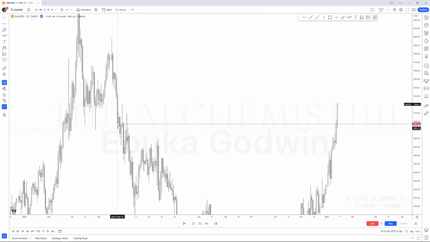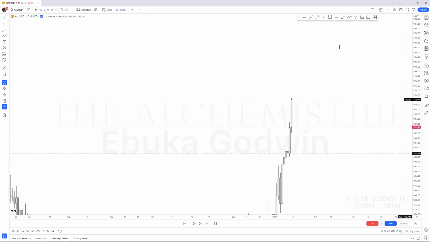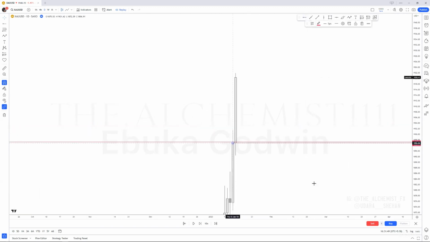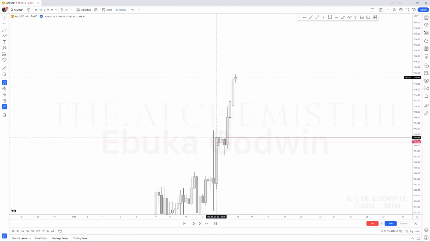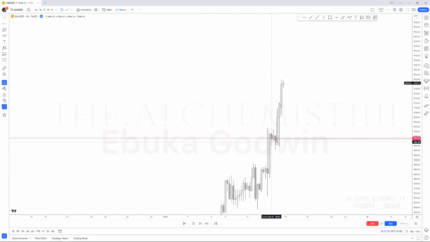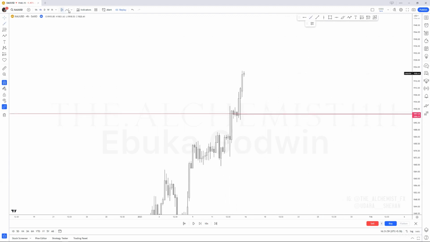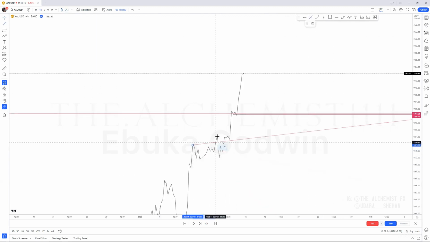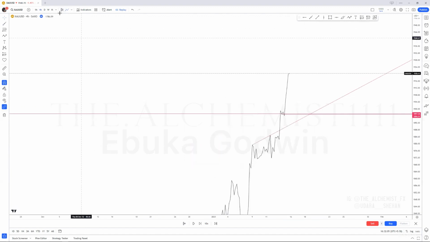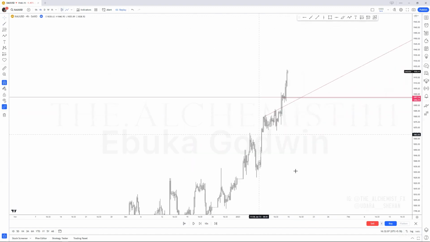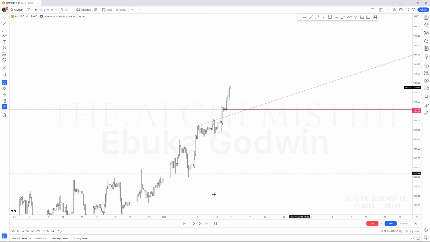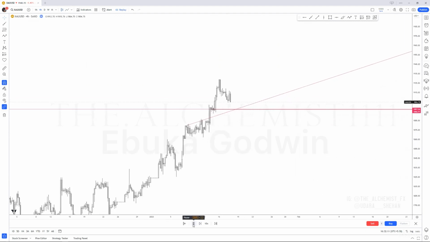Now what you could do is, this is a weekly level, refine it to the daily level. See that? If you want to do more refinements, I don't see anything on the H4. You can refine it to this, but we'll talk about why we're not going to refine it there. And then look at this. We had trend lines. You might be wondering what type of trend line this is. This is a type of break and retest trend line. We will talk about trend lines later. And look at the precision. What I want to show you is the precision. Look at that.